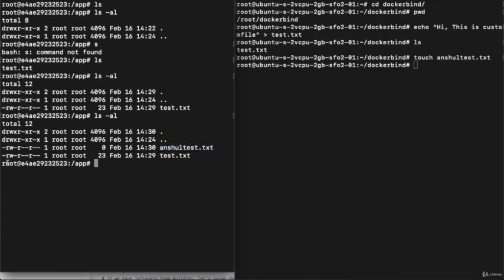Over here we are inside the container, and over here we are inside the local file system. So I'm changing something inside my local file system, and that change is reflected inside the running container, right? This is the benefit of bind mounts. You can change anything inside the mounted location, and it will reflect inside the running container.